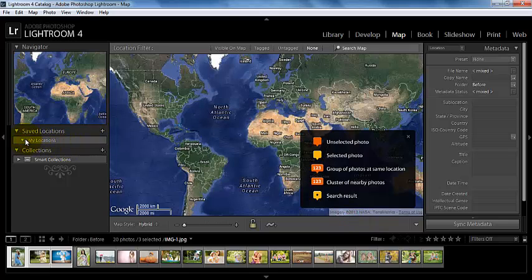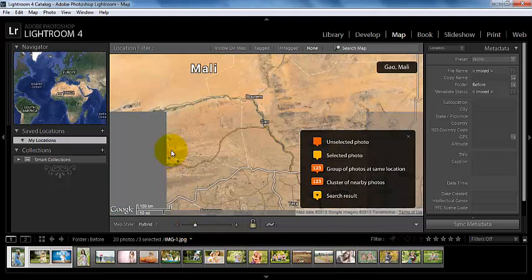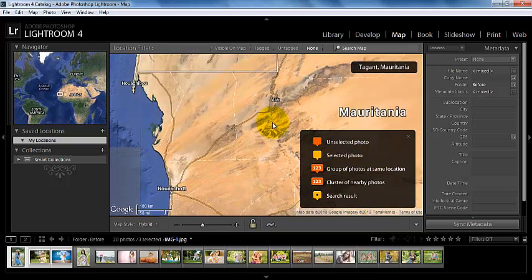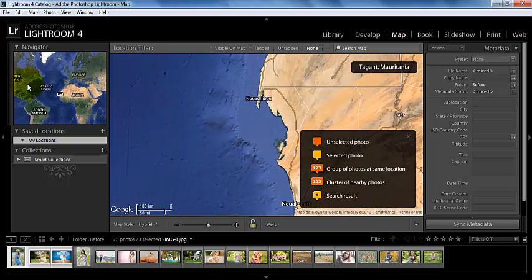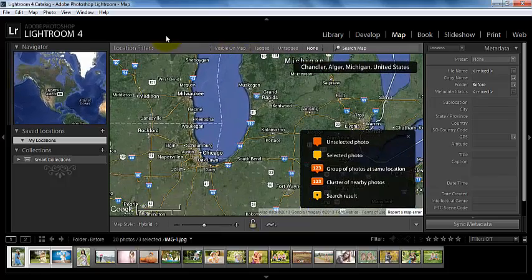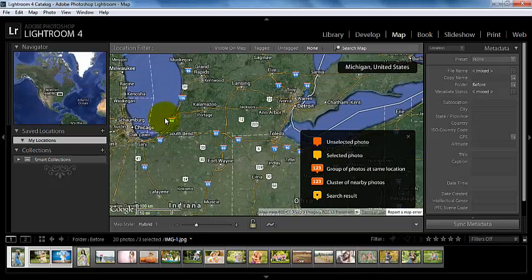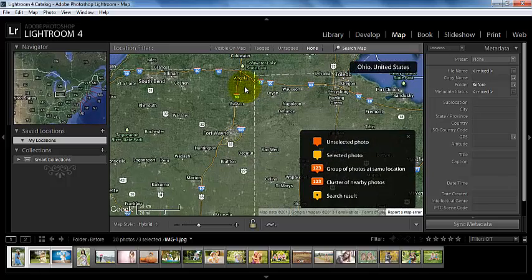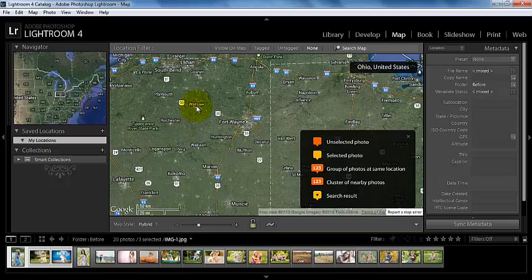And here we have our My Locations. I don't have any locations in there currently. We can zoom in on our map and we can pan and we can move around. Now all this does is it allows you to decide where exactly that you have taken your photos. So maybe if you traveled around a lot, then you could tag the photos into the locations that you took them